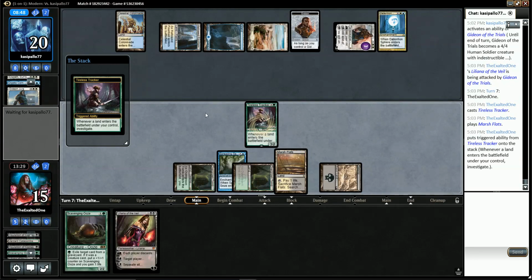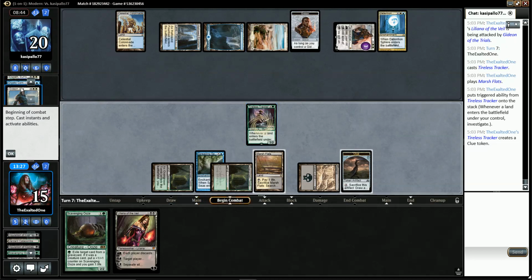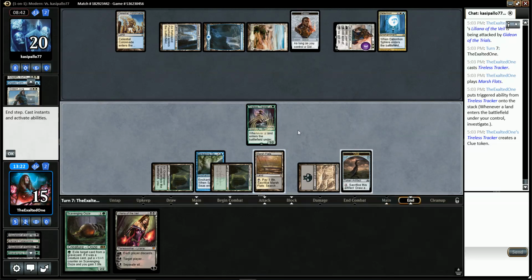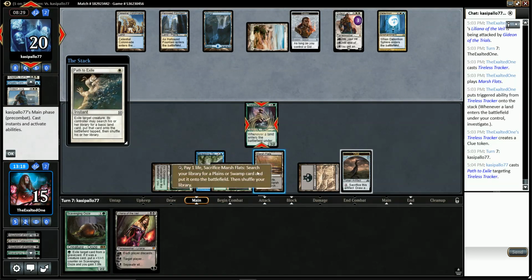Or are they going to let me... Yeah. So I think the opponent has a Path. The way that they pause with the trigger on the stack makes me think that they might have a Path. And so I'm going to play this game of chicken here where I'm not going to crack my Marsh Flats to get another land, and they're probably not going to Path my creature until I...